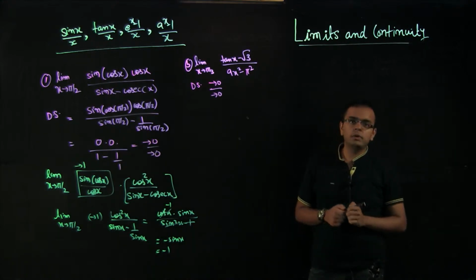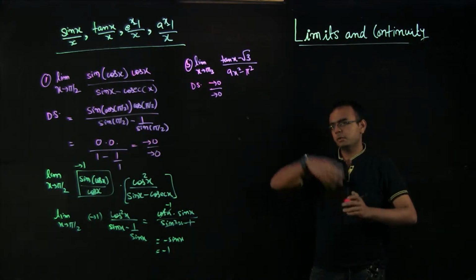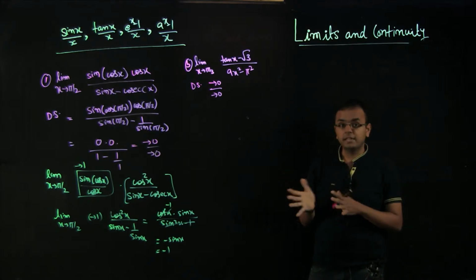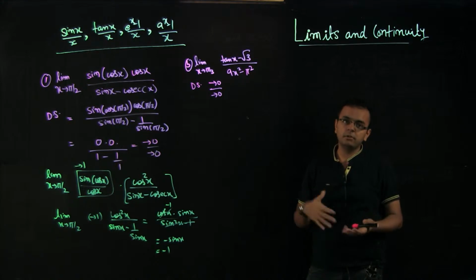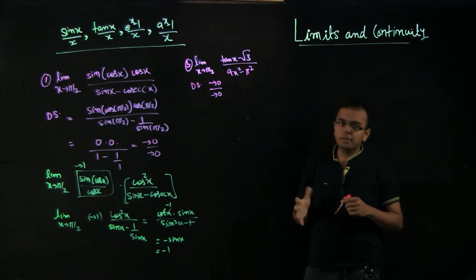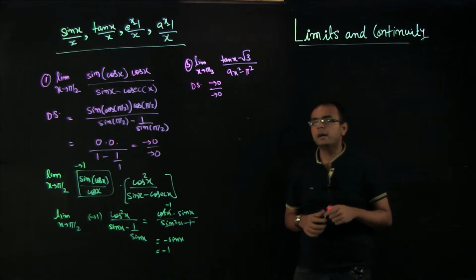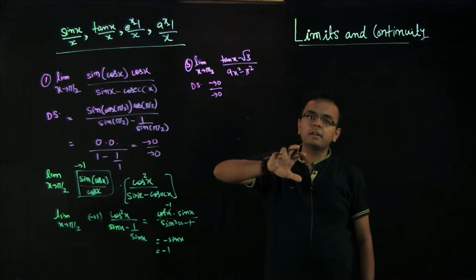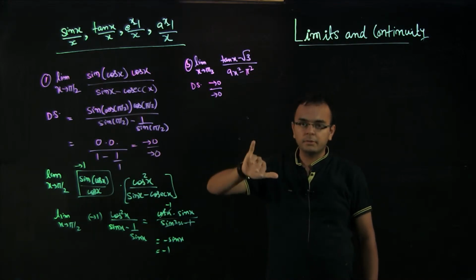So there are two ways to do it. One is tan x by x type, because you are seeing a tan x. The other is the way which I like more, which is sin x by x type. It is just a preference. You can approach it by tan x by x type also. What I mean by sin x by x type is that I know the problem is x approaching pi by 3, so I have to factorize that out. I have to take x minus pi by 3 out.